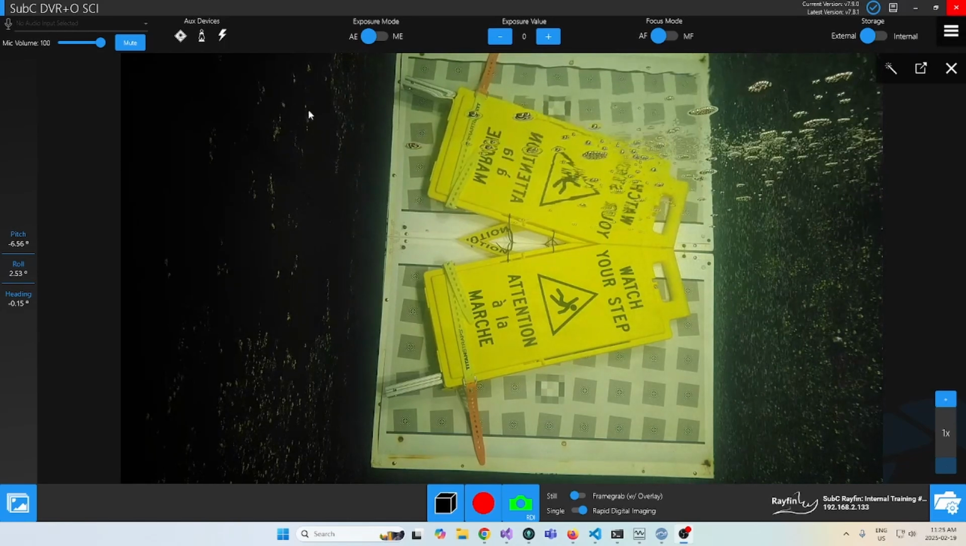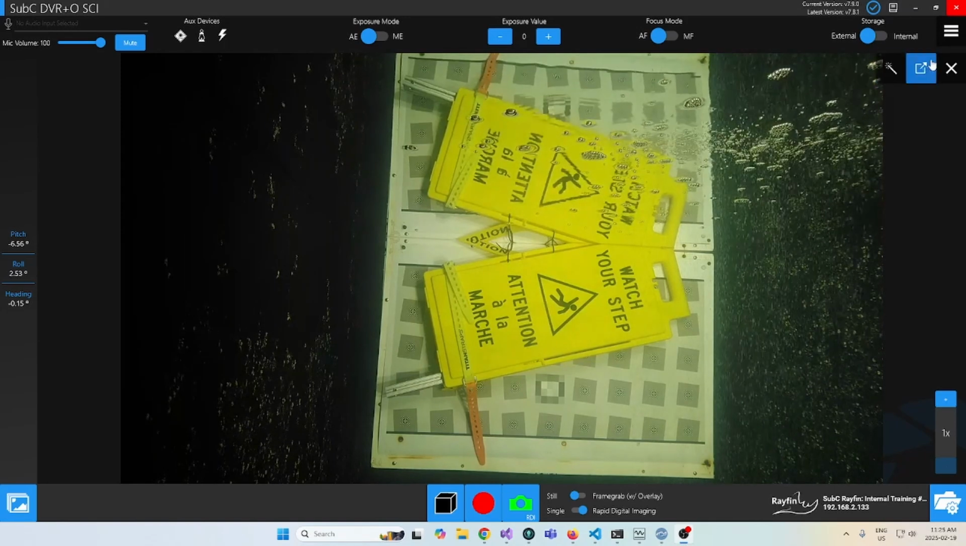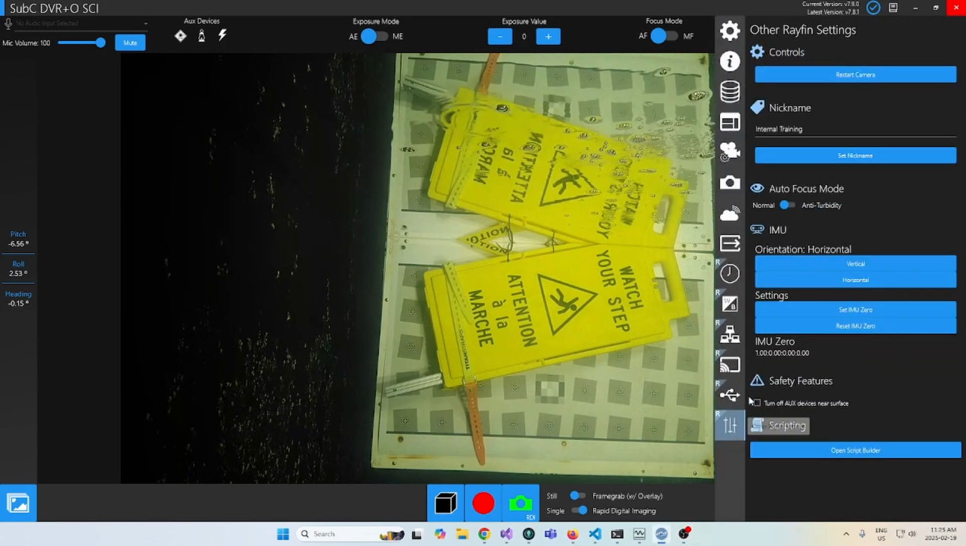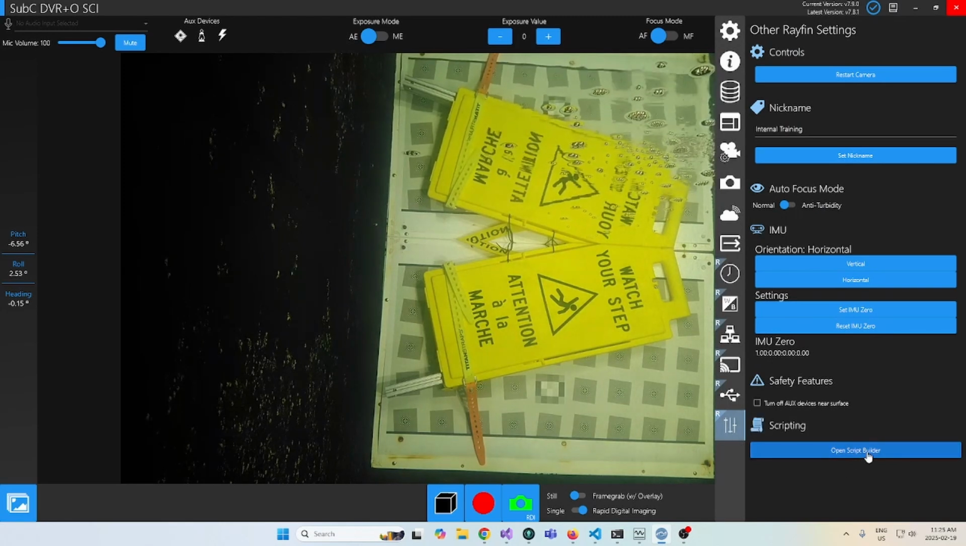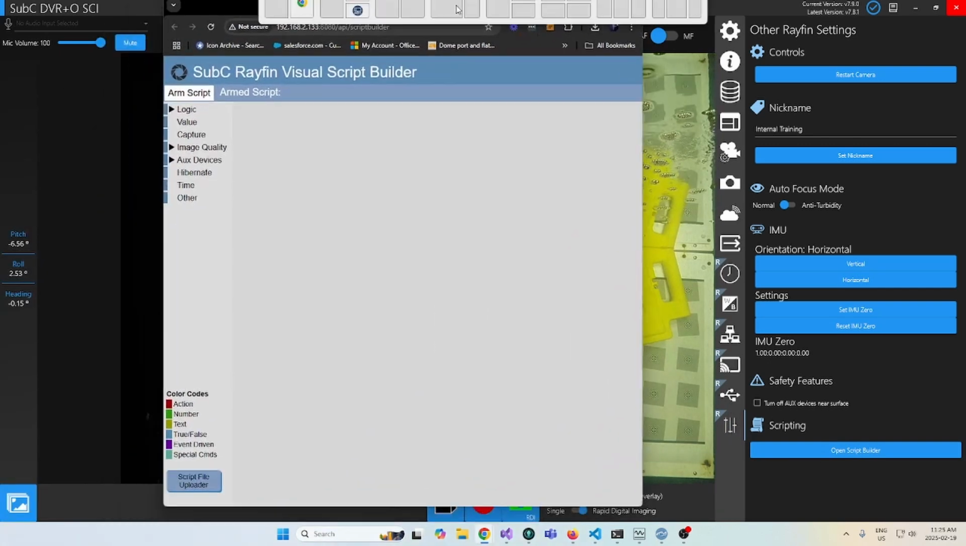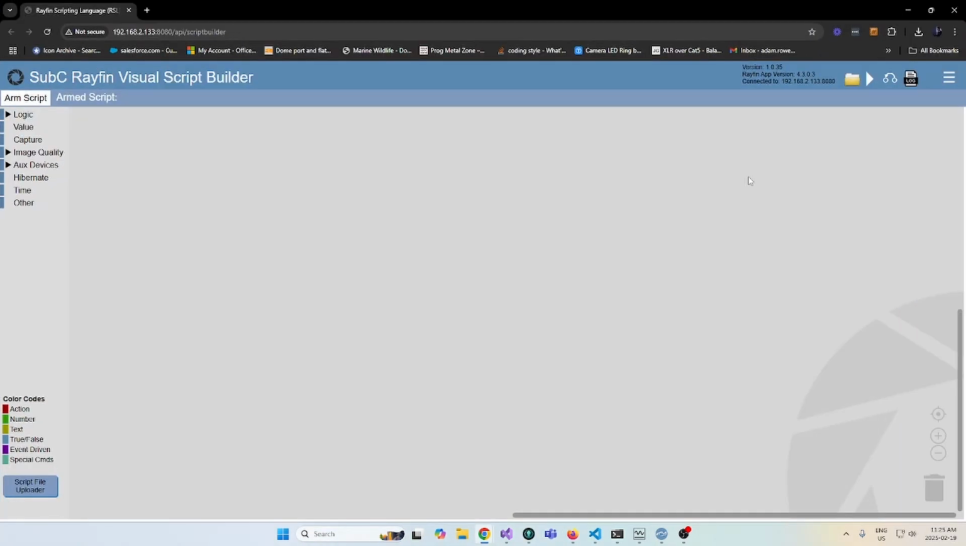First off, we've got our camera opened up here in the software. We can go to the menu and down to the other Rayfin settings section, and from here we can open the script builder. This is going to launch in the browser. This is a different application that's running on the camera itself, so we can start building out the kind of